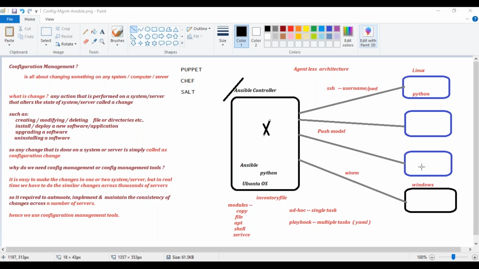Now that is the purpose, team. That is what is called the Ansible push model architecture, again agentless architecture or push model architecture, we call it. Now this is how, team, Ansible will help you to log into the target system and implement some